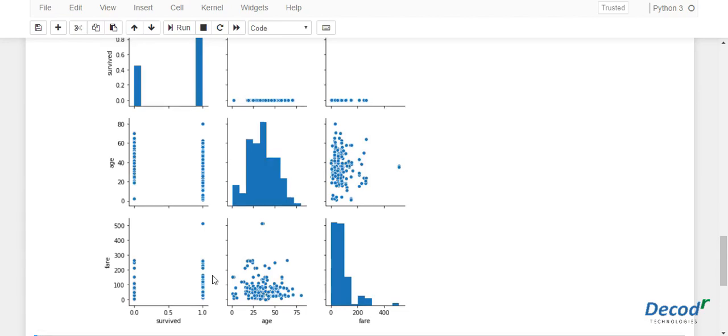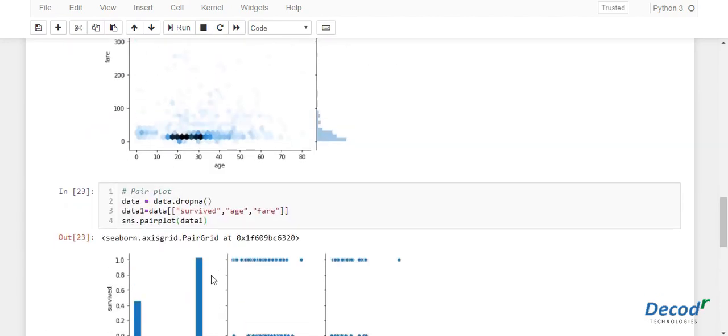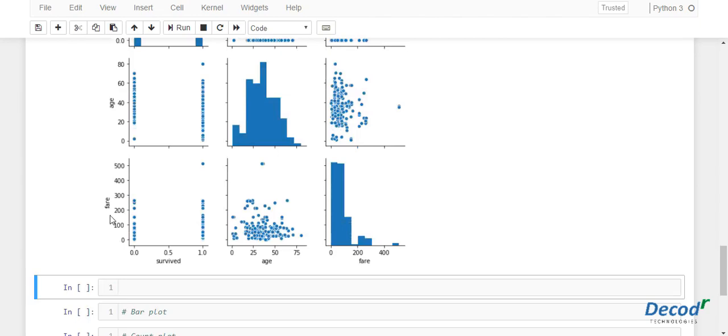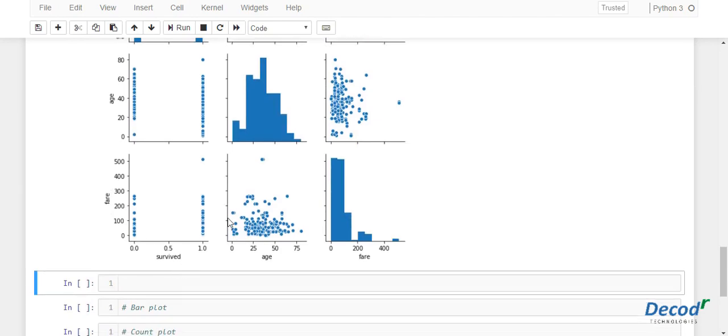So as we have seen above, the age and fare, similarly you can observe here also fare and age, and you can observe most of the points are between this range.